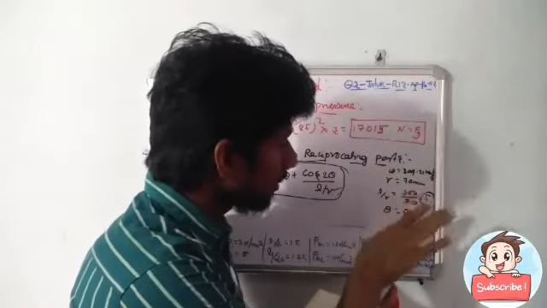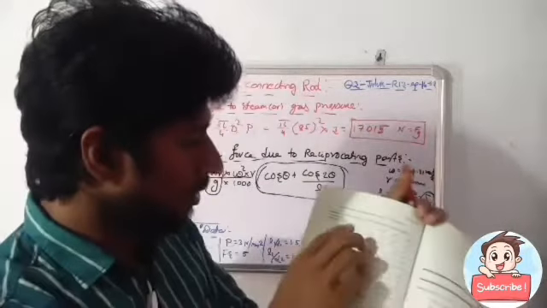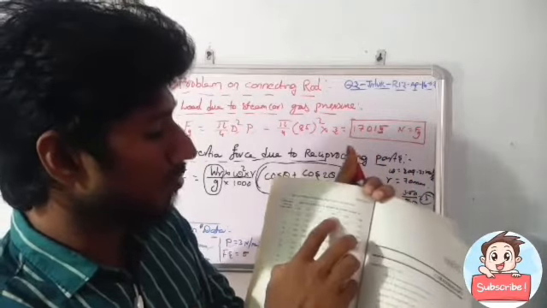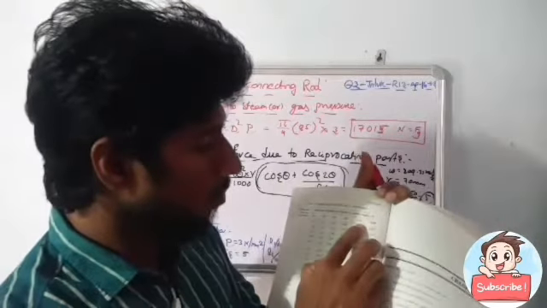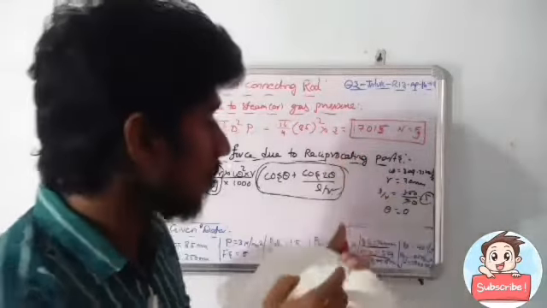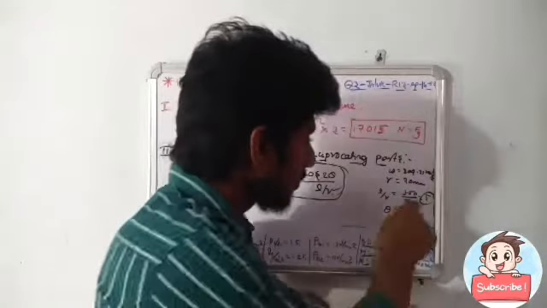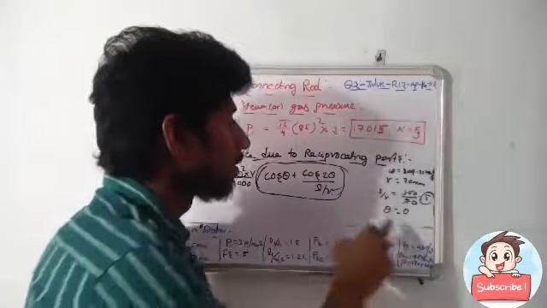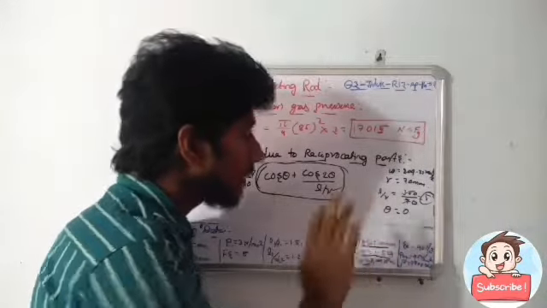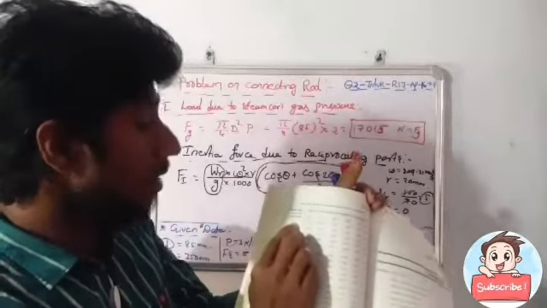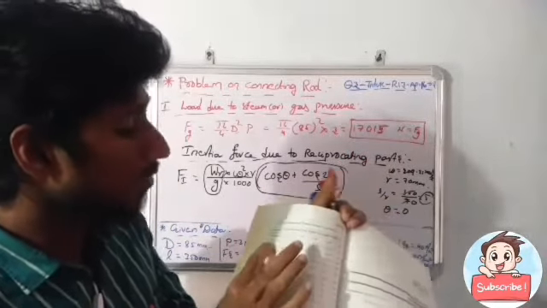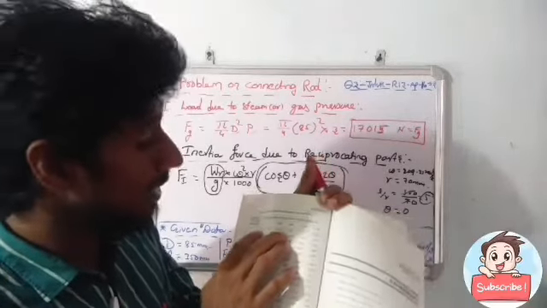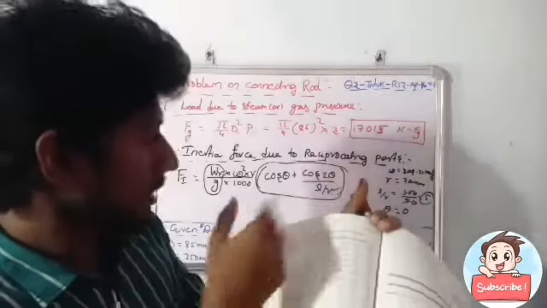So let's see. What we get for the value L by R is equal to 5. If you find this one, these are the L by R values: 3.75, 4, 4.25, 4.50, 4.75 and 5.30. What we get here is 5. That means it is between the range of 4.75 to 5.30. And what is theta? Here we are considering theta is 0. That means at the crank angle 0 condition, for the L by R value we get, at this position consider the inertia factor. So let's see that.